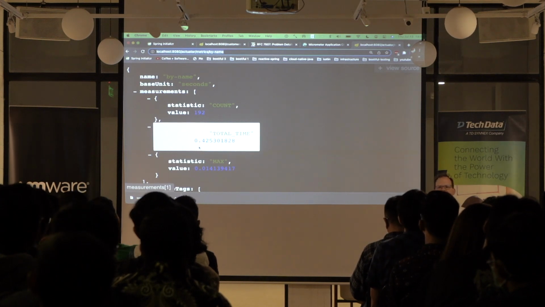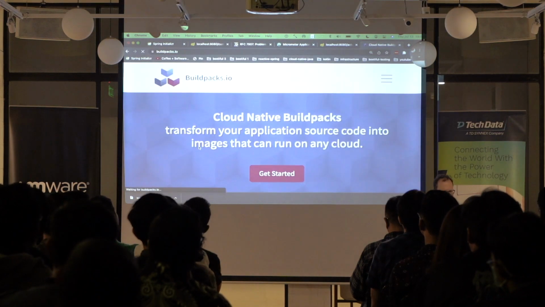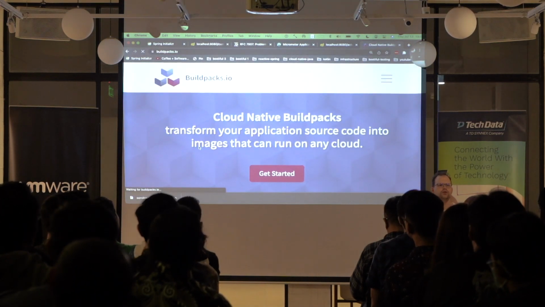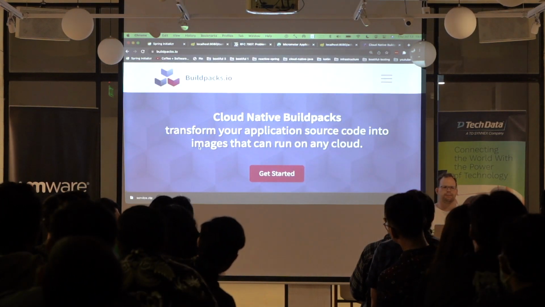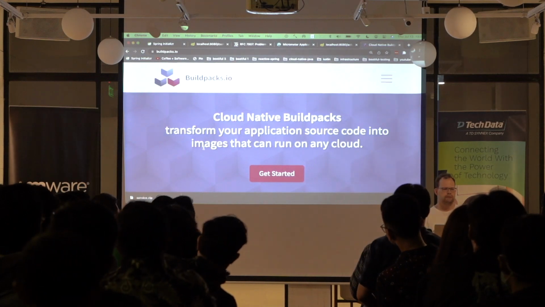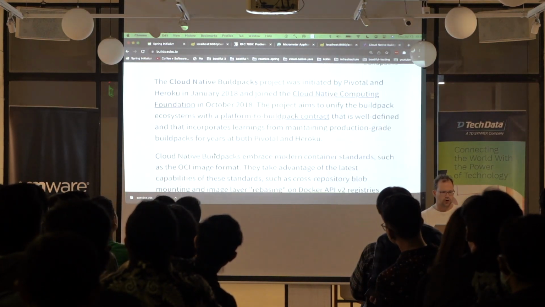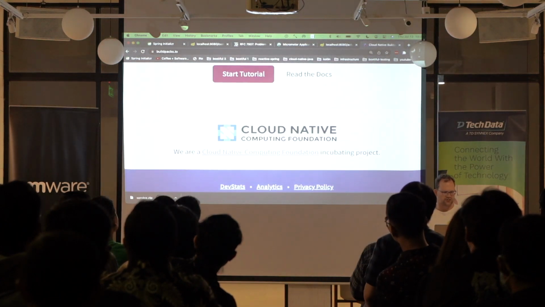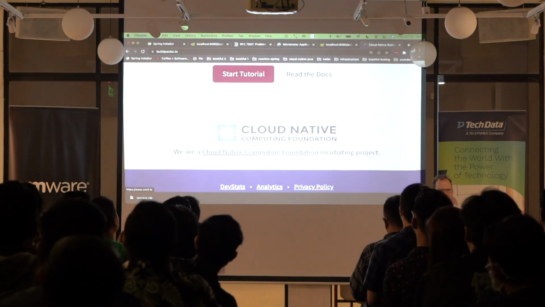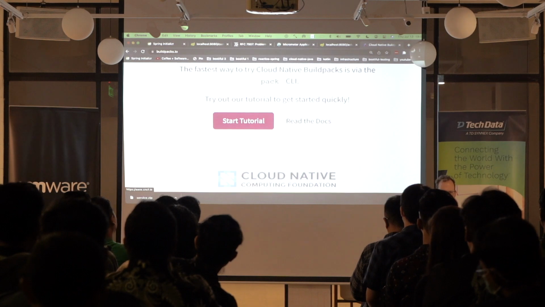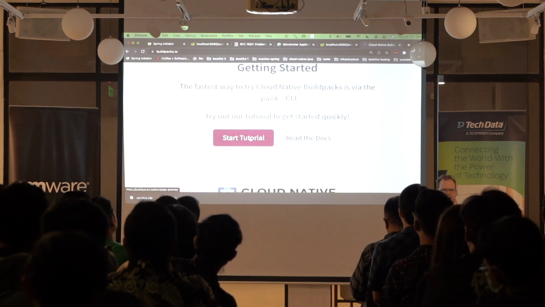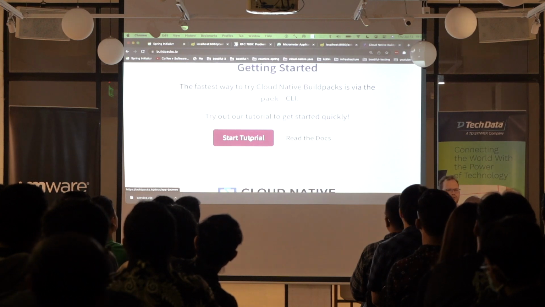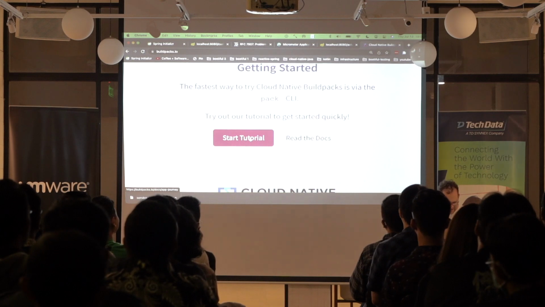First, how do we containerize the application? Friends, this is an old answer to a common question, which is use buildpacks. If I want to take my application and turn it into a container, I use buildpacks. This is an old technology. It's not new anymore, but it's a Cloud Native Computing Foundation specification. It gives you a way to take your application and turn it into a Docker image, any kind of application, .jar, .war, Ruby on Rails, Python, Node.js, Go, PHP,